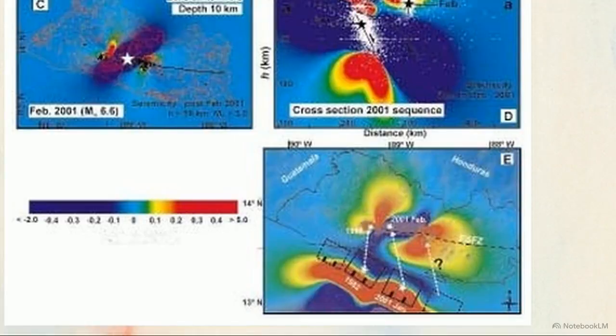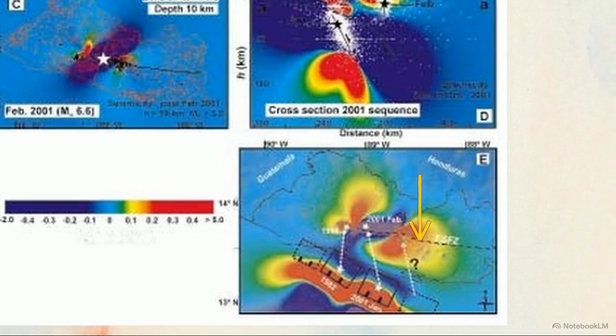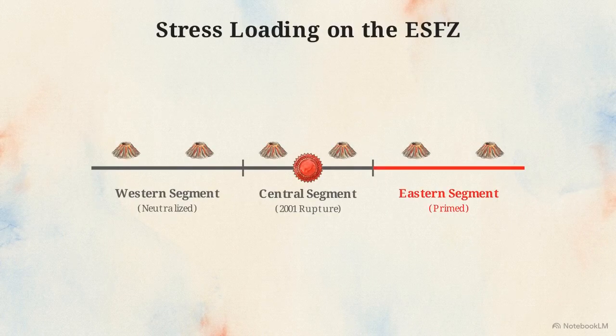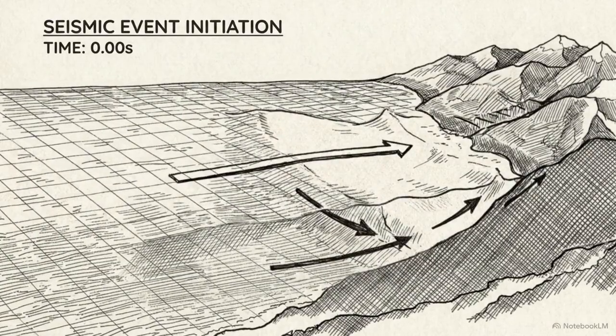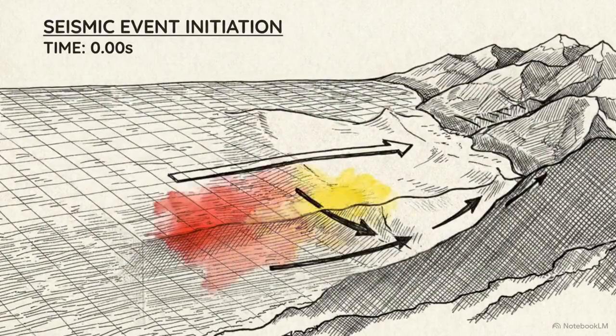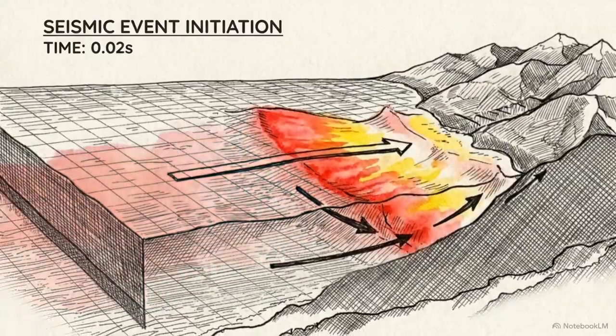Panel E combines the 1982 and 2001 events into a joint model. White dashed arrows connect offshore subduction events to the inland crustal ruptures they triggered. Now, notice the critical anomaly on the eastern side of the fault zone, marked by a question mark. The February 2001 event loaded this specific, unruptured eastern segment of the fault with a positive stress change exceeding 0.15 megapascals. A future offshore extensional event located to the southeast would reload this area, driving it closer to failure.